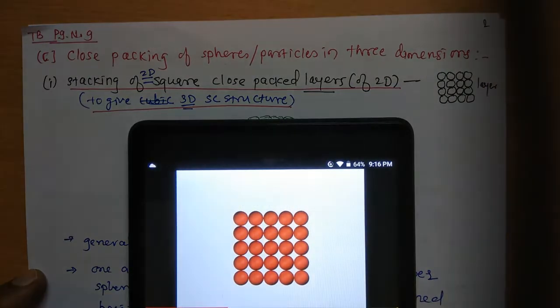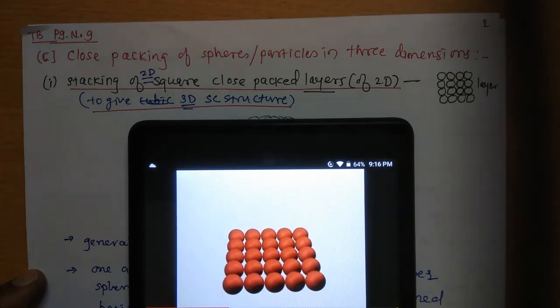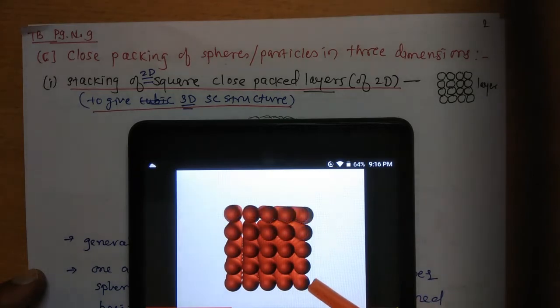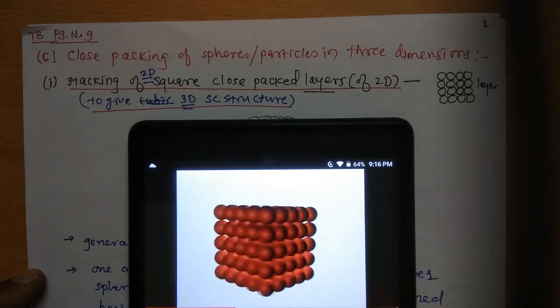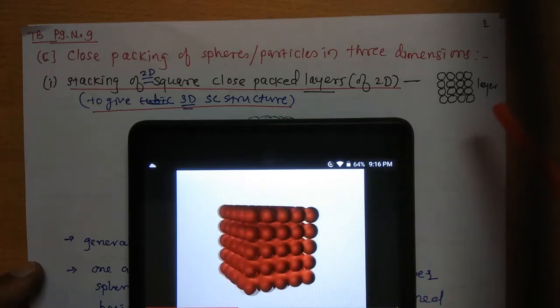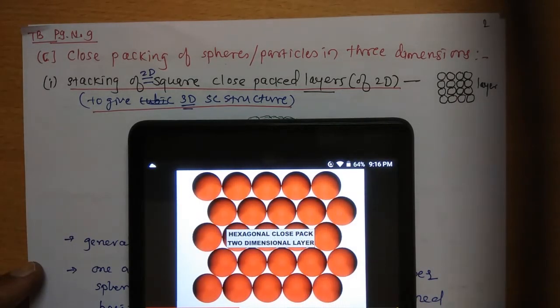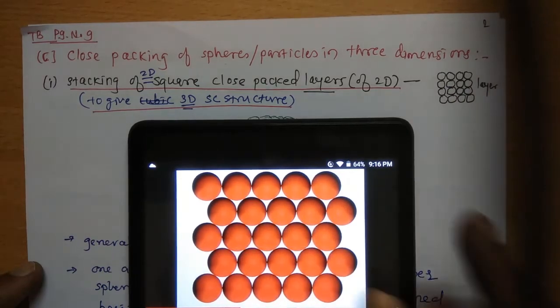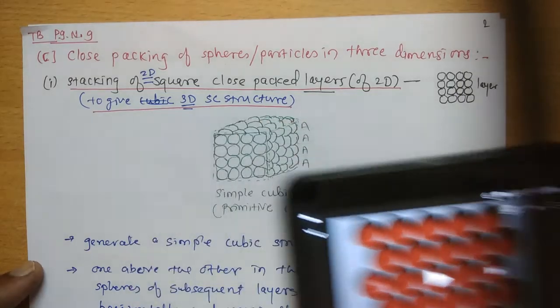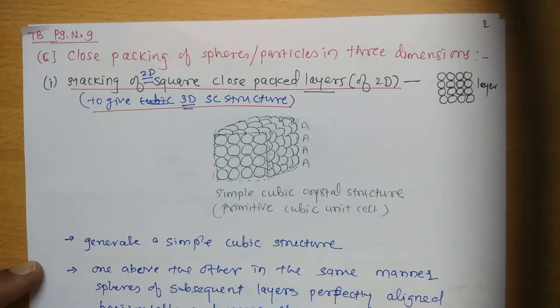See here, this is the packing, how it is done by placing the layers of square close packed spheres one above the other exactly. The spheres are aligned. This is a 3D arrangement, which is done by using the two-dimensional square close packing.